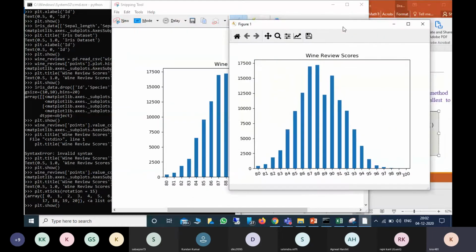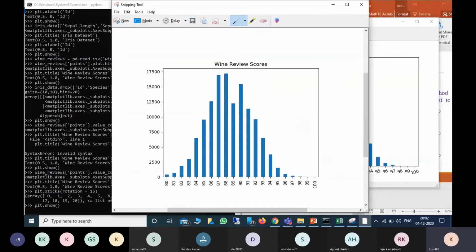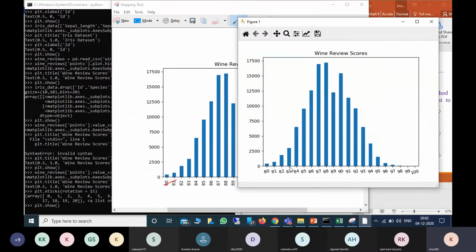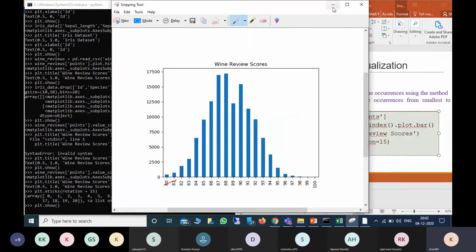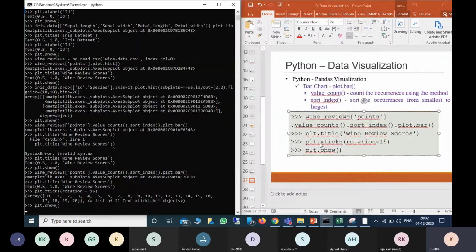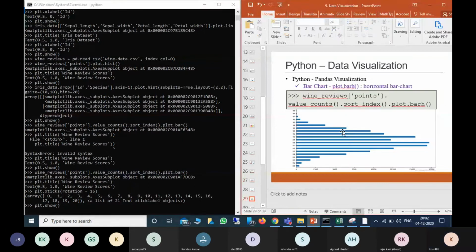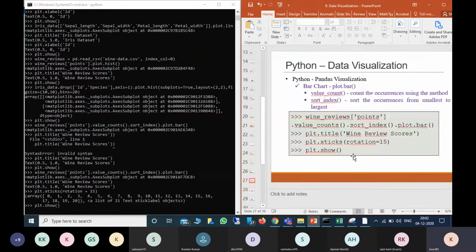See previously how it looks, and now how it looks, the index. So you can change the index as much as you want by using this. Similar for the y axis, that is yticks. So in this way we can give the bar chart. But here always we are getting